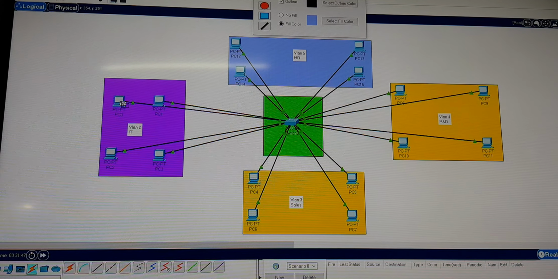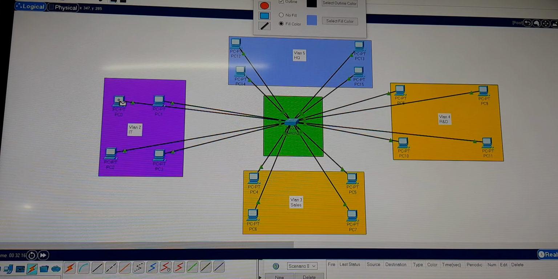But if this communication is restricted within PCs of one department, say if we are sending communication from one terminal in the IT department to the other, and that is successful, then we have successfully established this VLAN network. So let's try